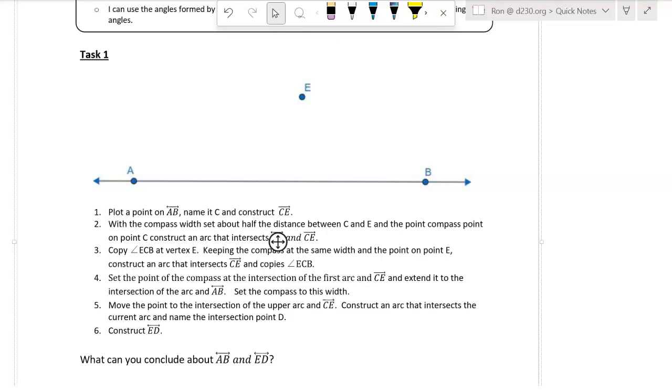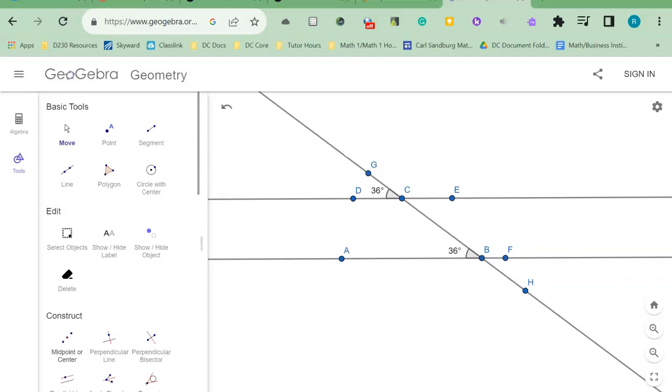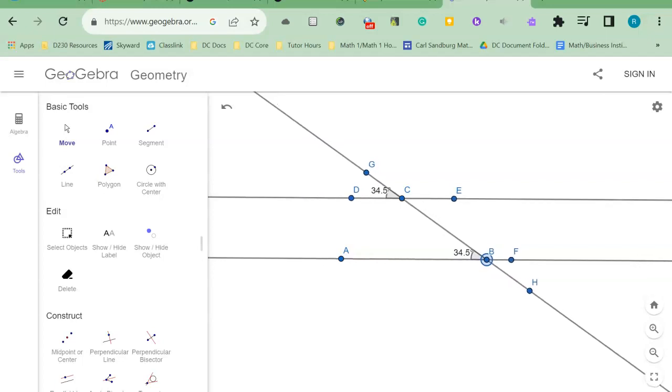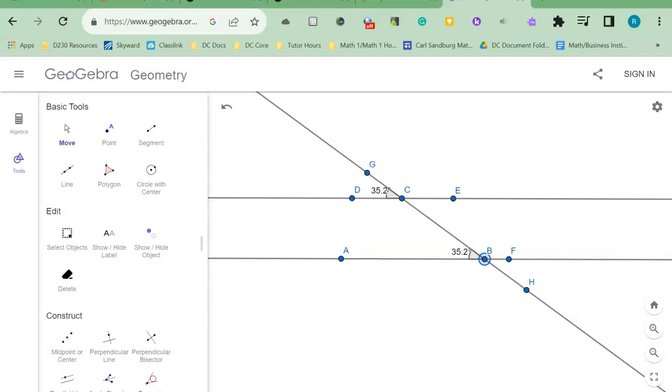But what I did on another tab is I went to a website called GeoGebra and I created two lines. And I have to tell you that this line and this line, the ones I'm highlighting, we created so that those are parallel. Okay, and remember, parallel lines are two lines that never intersect. Okay, so now what we want to do here is once I know the measure of these angles,